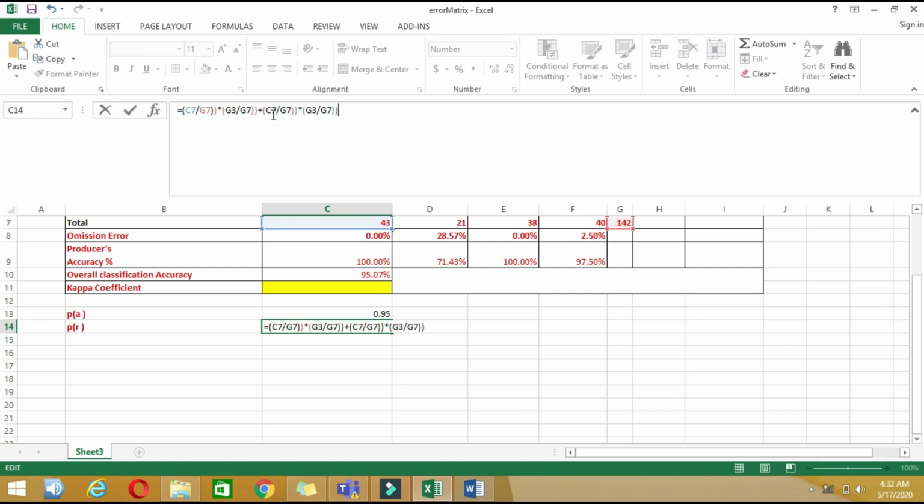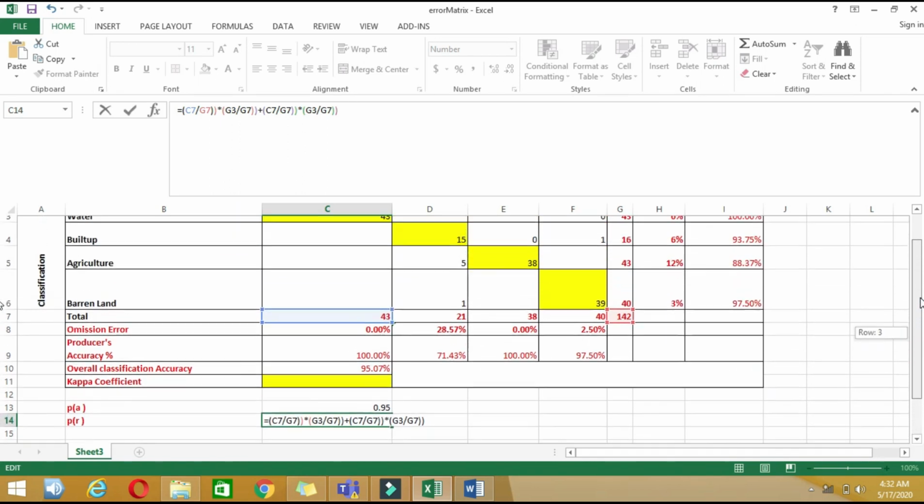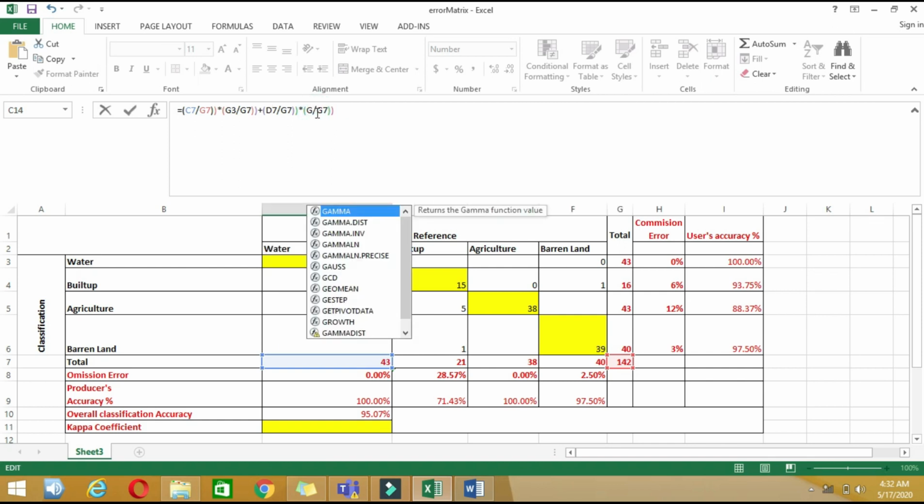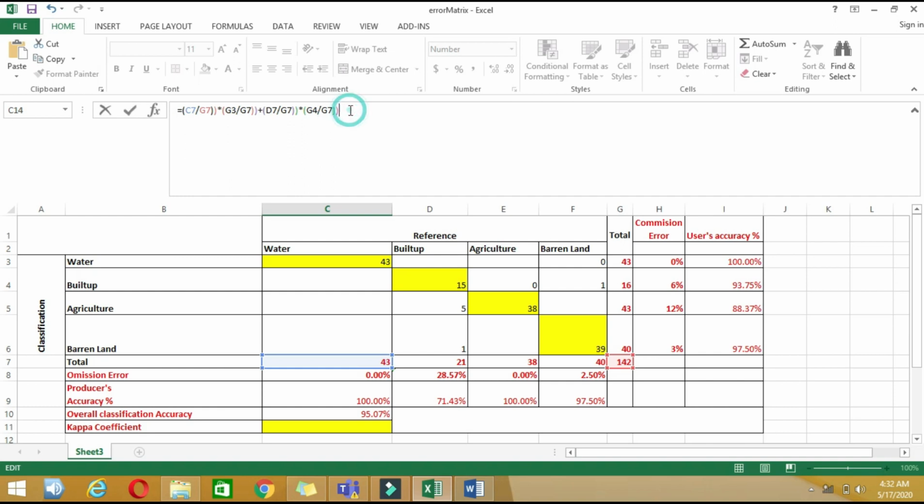Now I will copy this and just change the reference cell numbers. My built up is in D7 and G4. So convert it here to D7 and G4. Now we'll do the same for agriculture.